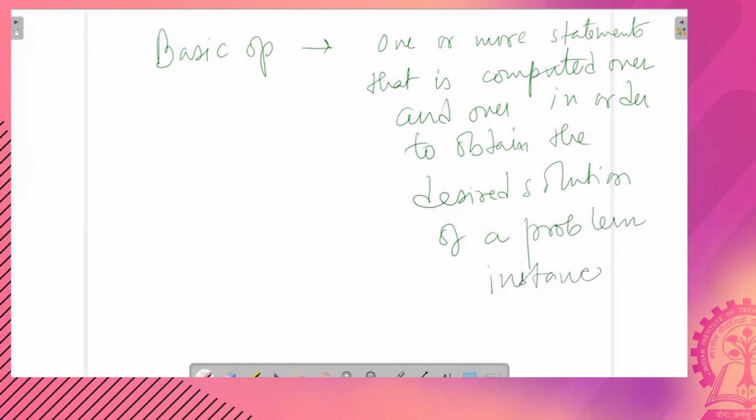As I have already told you, for different algorithms there can be different basic ops. For instance, in the search algorithms that we have seen, the basic op is comparison. For adding elements in an array, the basic op is the computation of the sum in each step, and so on and so forth. So we'll stop here now, and in the next class, we will start with a more formal treatment of time complexity analysis.